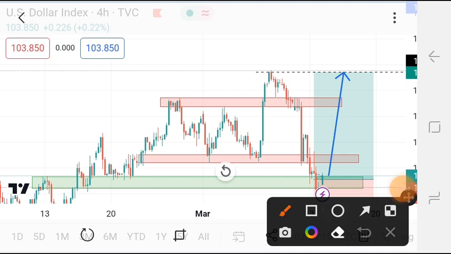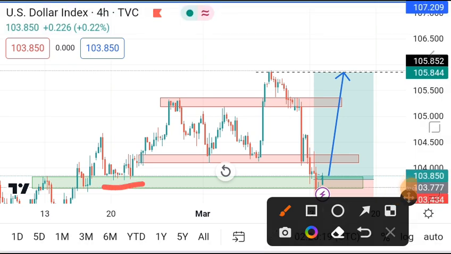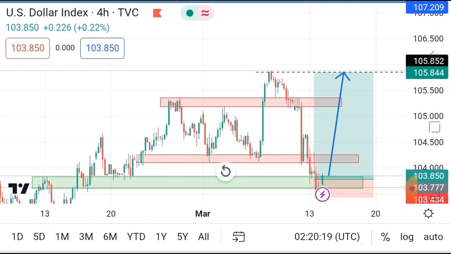We have a bottom right here, we have a bottom here respected, we have a support zone that was broken and made to return to resistance. We have a support zone here and price is still respecting this zone. So I'm looking for us to push to the upside and break this resistance zone, pull back, impulse, pull back, up until we reach that target. This is the anticipation that I'm expecting on the dollar index. I'm anticipating a bullish run. I'm anticipating a hawkish CPI, which means I'm anticipating a bullish momentum. You understand what I'm saying?